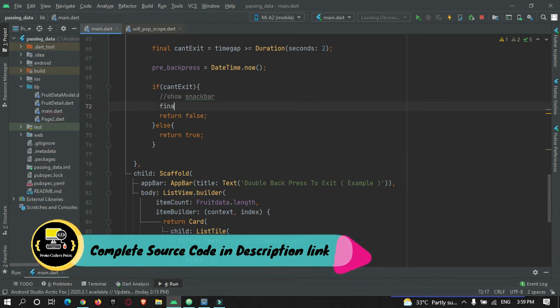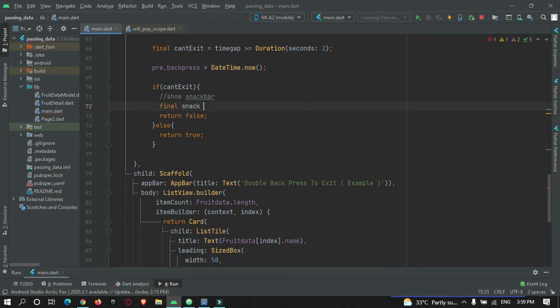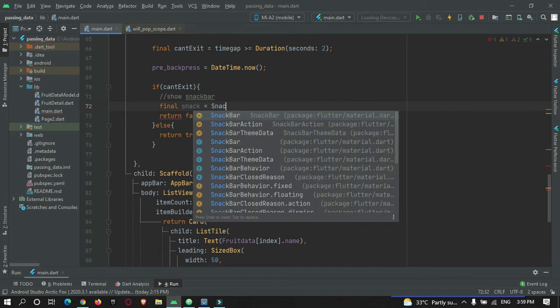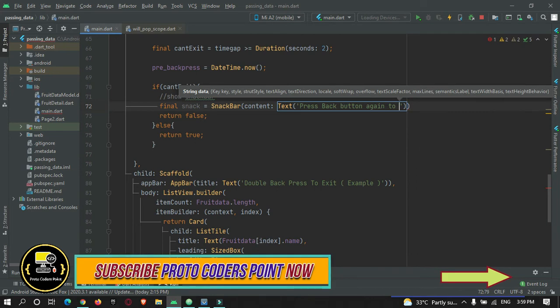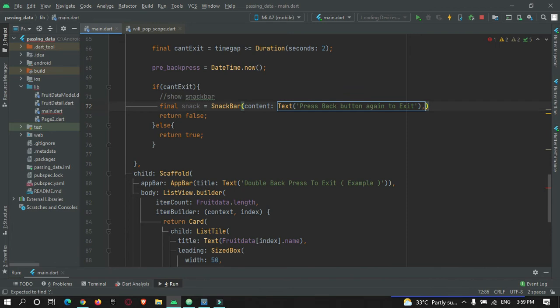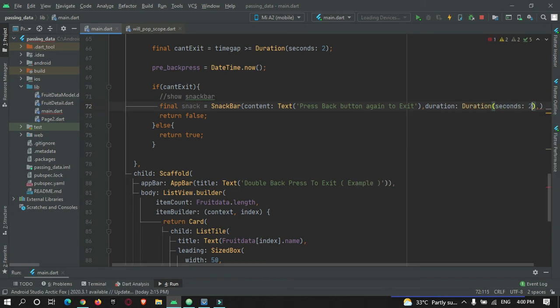Final snack is equal to SnackBar, context, text. In the text we will print "Press back button again to exit". And the duration of your snackbar we will set to 2 seconds. So for 2 seconds the snackbar should be shown.